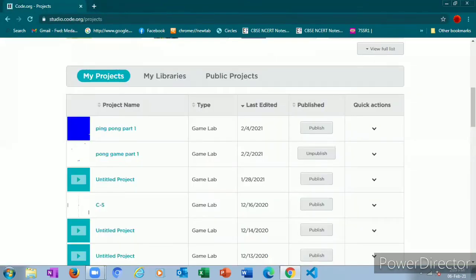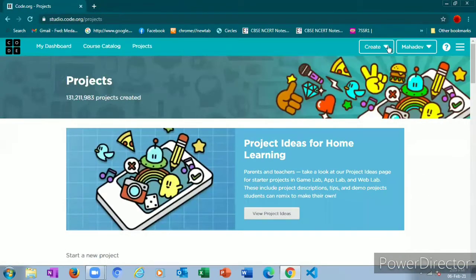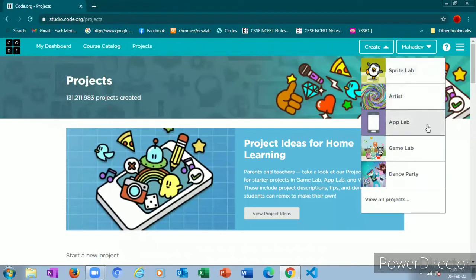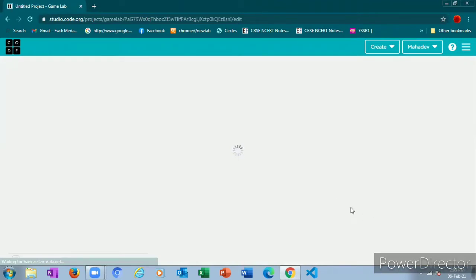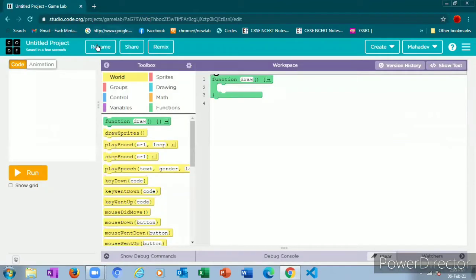I will do it in this only. So firstly we'll click on create in code.org. This is code.org and game lab. We're going to design ping pong game part 1. Firstly we'll rename it.